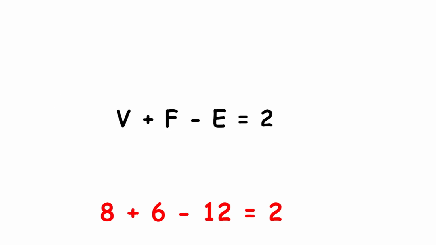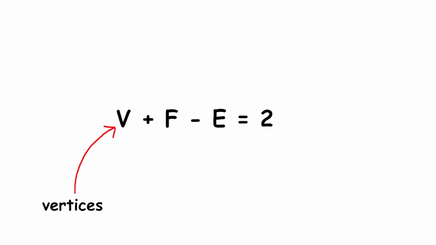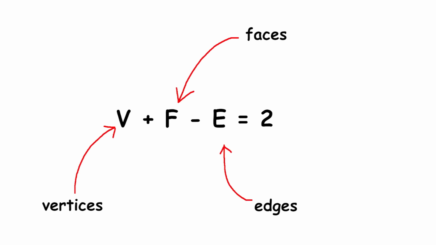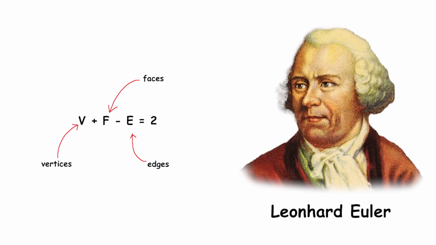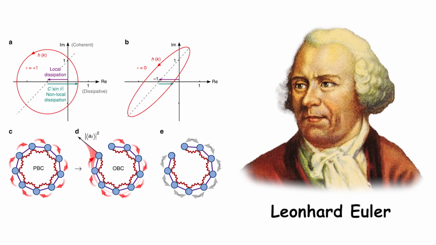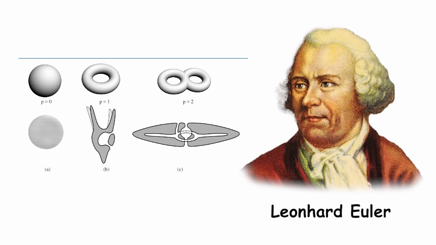The formula is V plus F minus E equals 2, where V is the number of vertices, F is the number of faces, and E is the number of edges. This surprising relationship was discovered by Leonhard Euler. It's an example of a topological invariant, a property that stays the same for a whole class of similar shapes. Euler's polyhedra formula was an important step in the development of topology, a branch of math that studies